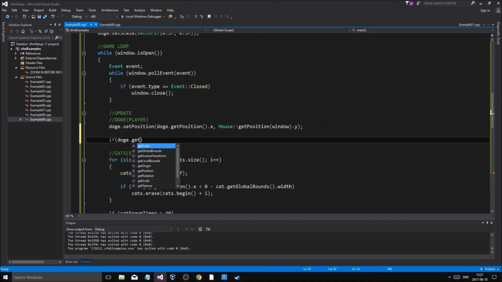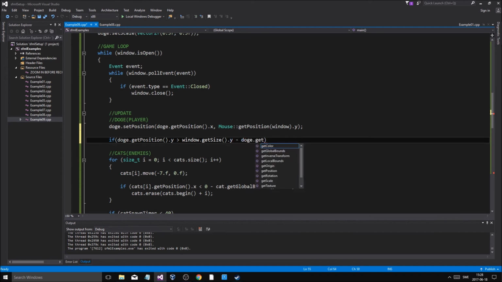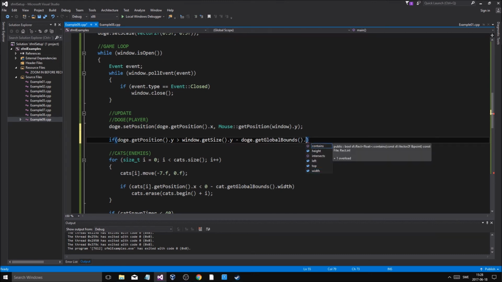If Doge dot get position dot y is larger than window dot get size dot y, so if it's larger than get size minus Doge dot get global bounds dot height. So that means if Doge is below the screen minus its own height, it's just touching the bottom of the screen with its butt,